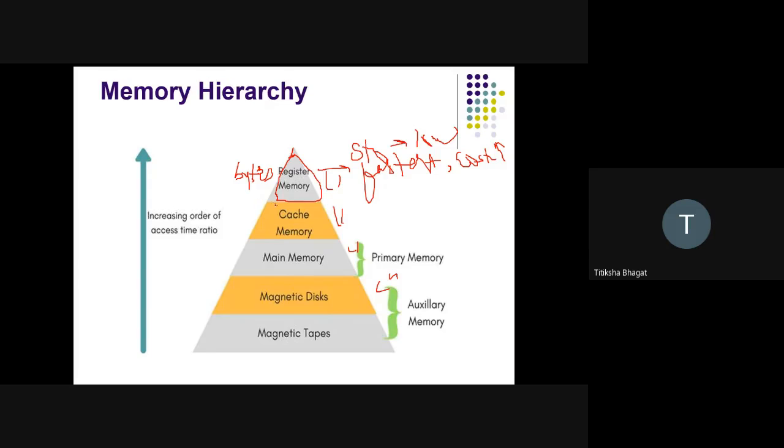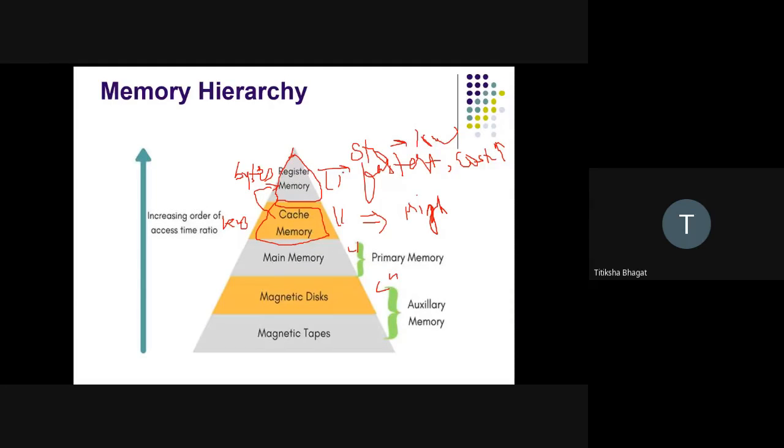Next comes the cache memory. The cache memory is slower than the register memory, and it can store the data in KBs. That means here the storage space is higher than who? Higher than the register memory. The storage space is higher than the register memory, but they are slower than